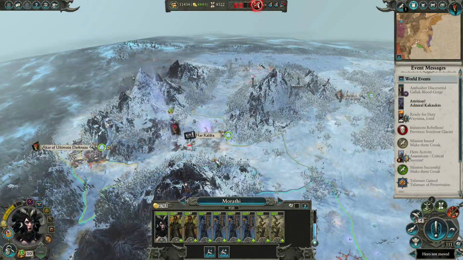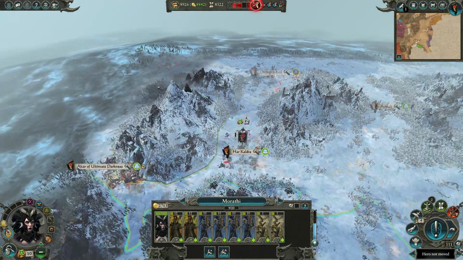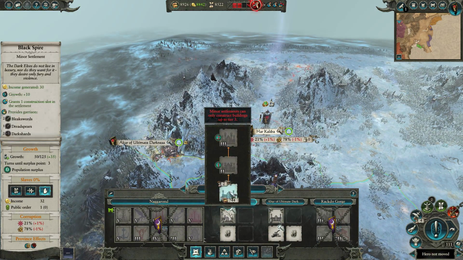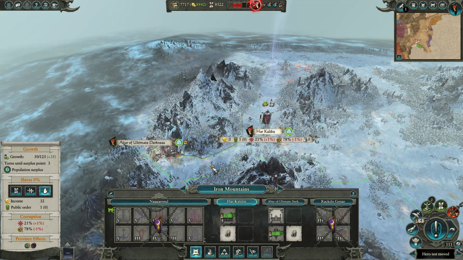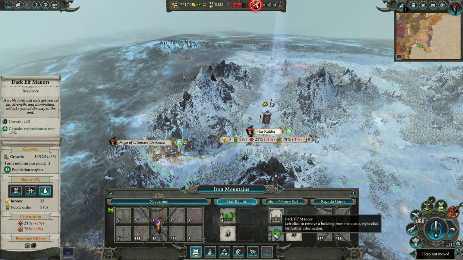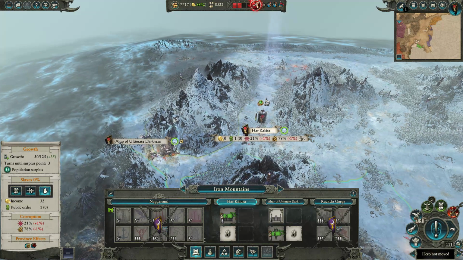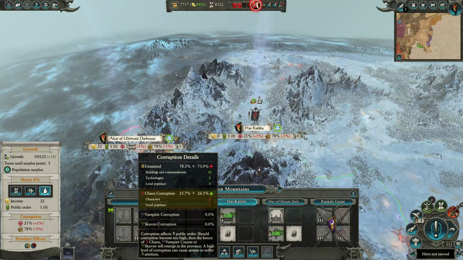Let's get into Har Caldra. Colonize that sucker. Build it up. With the Altar of Ultimate Darkness, let's get some farms, because the growth here is terrible. That's gonna, like, almost double it. And then we're gonna go home and...